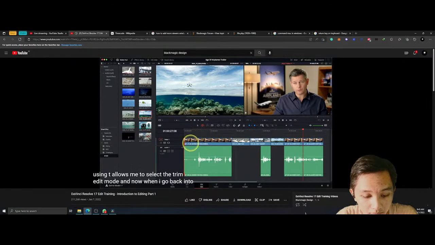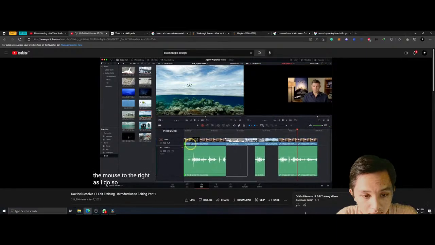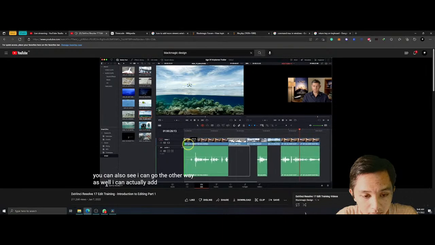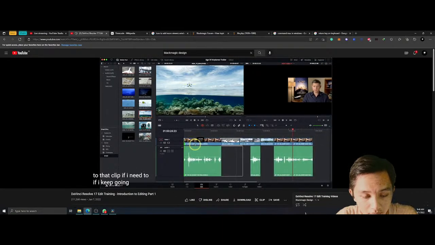And now when I go back into the timeline, I can click the same edit point and start to trim just by dragging the mouse to the right. As I do so, you can see that the rest of the timeline is actually changing. I'm actually rippling the rest of the timeline back, thereby shortening it by the amount that I'm actually trimming off the beginning of that clip. You can also see I can go the other way as well. I can actually add footage back to that clip if I need to. If I keep going,